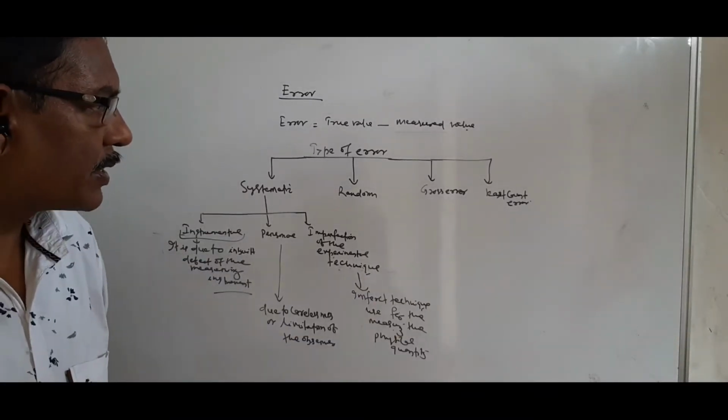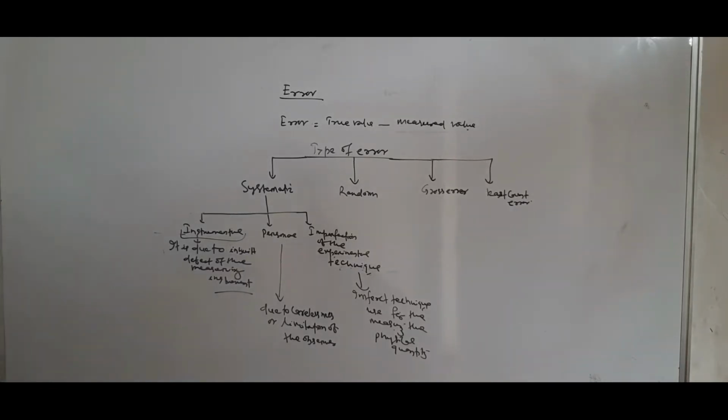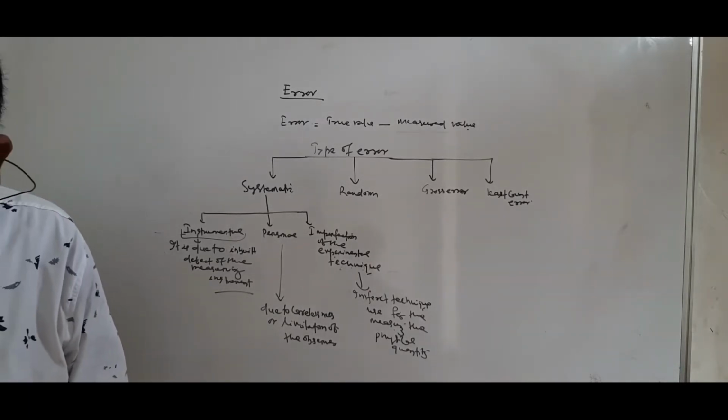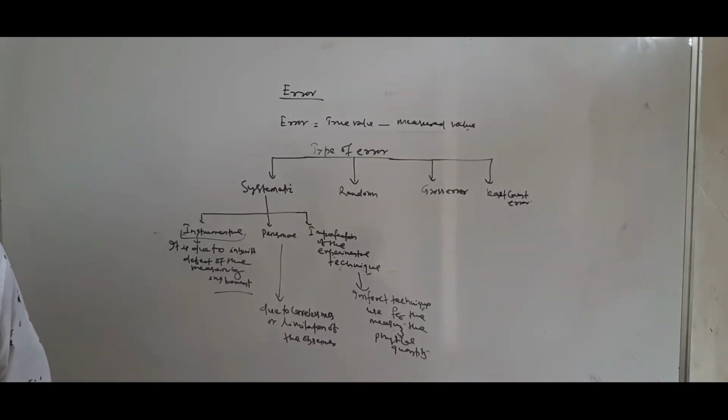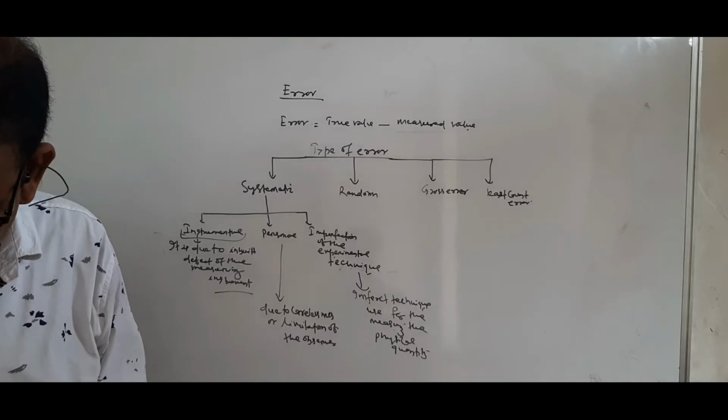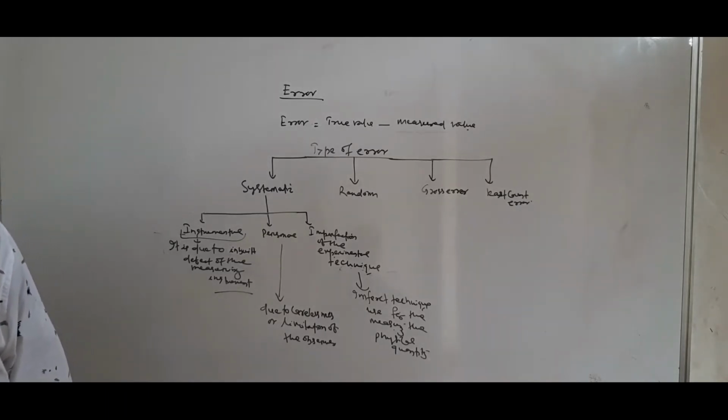Now come to the least count error. The minimum value that can be measured by an instrument is called the least count. The least count error is the error associated with the resolution of the measuring instrument, or this error is due to the limitations imposed by the least count of the measuring instrument. For example, the least count of the meter scale is 1 mm or 0.1 centimeter. Least count of the vernier caliper is 0.01 centimeter, whereas the least count of screw gauge or spherometer is 0.001